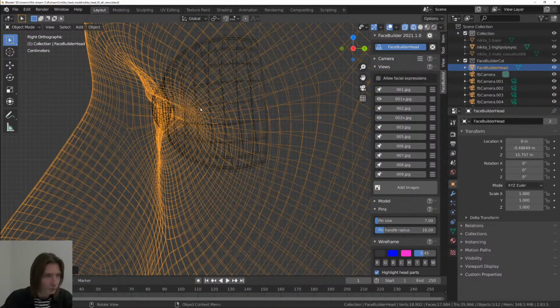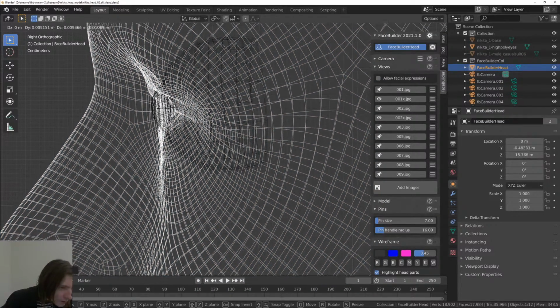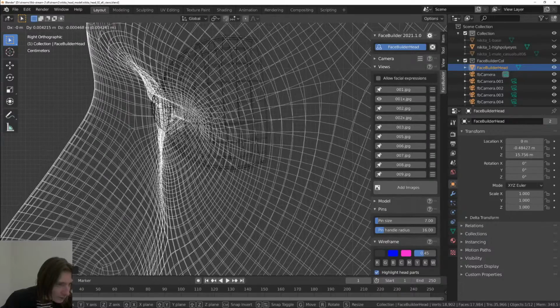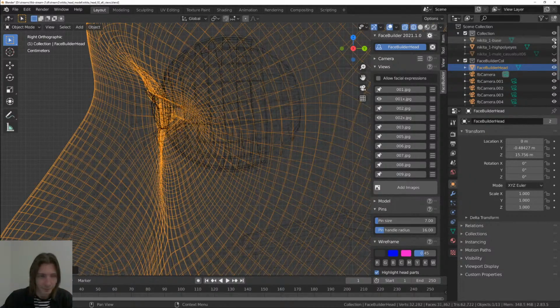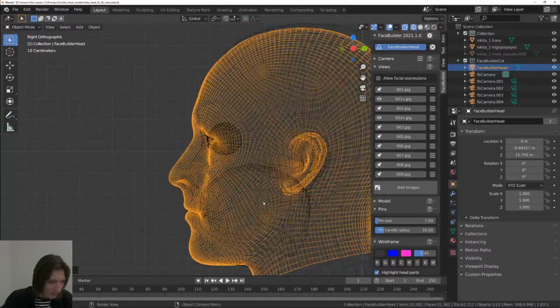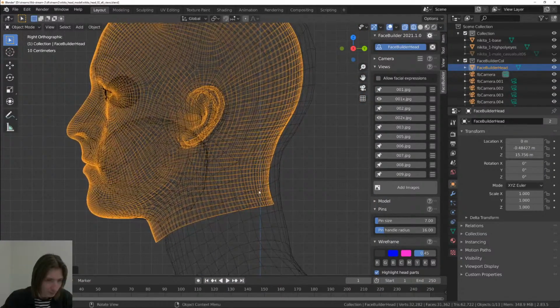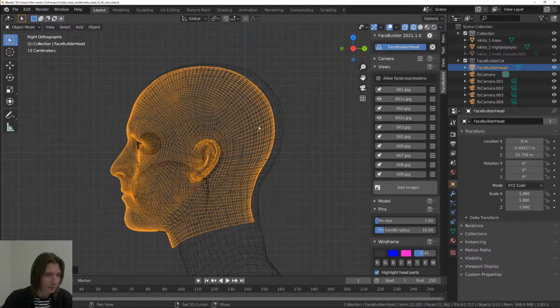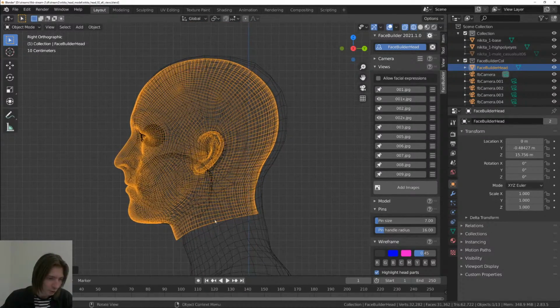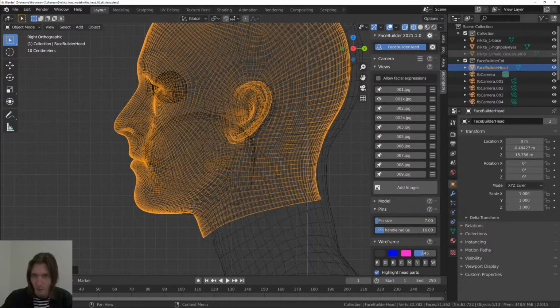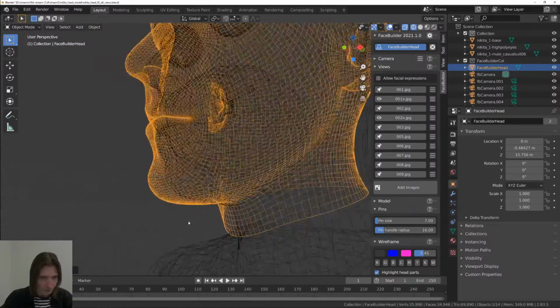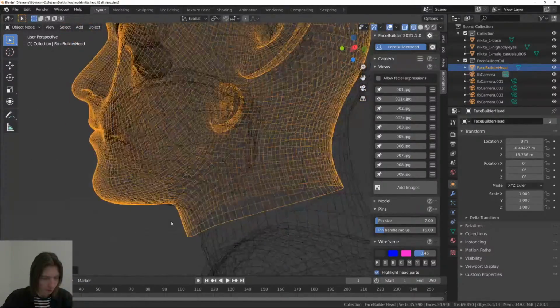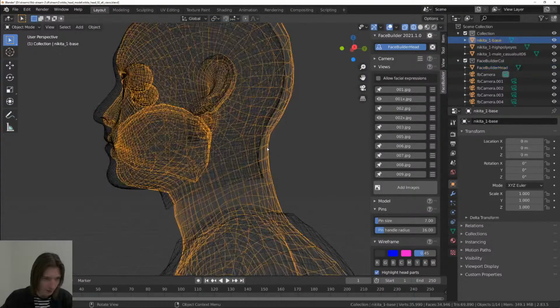Let's switch the body off, and maybe it should be somewhere here. And let's see what we have. And yeah, the neck is a little bit off, and the head is a little bit smaller, but it shouldn't be a big problem for us. So let's move on. What we do here is we need to cut this head off its body,